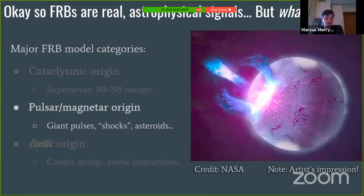So the next major set of models come from where FRBs are produced by some kind of super bright pulse from a pulsar. This usually ends up invoking a special kind of pulsar known as a magnetar. And magnetar basically just means pulsar, but with an extremely strong magnetic field. So there are processes in the birth of the pulsar that lead to a stronger than normal magnetic field. So one way of producing super powerful pulses from a pulsar or magnetar is sort of shown in this artist's impression on the right. So I've written down giant pulses,